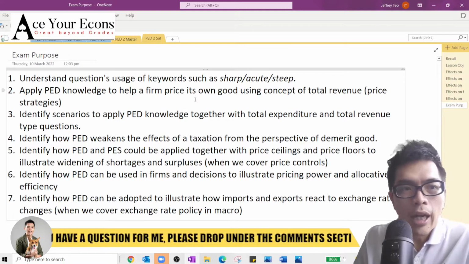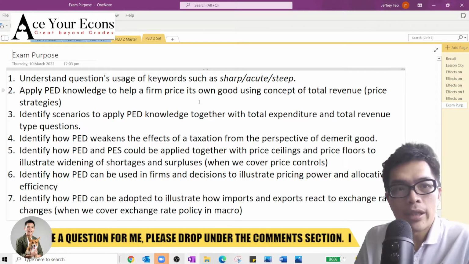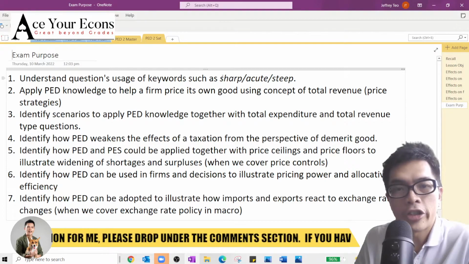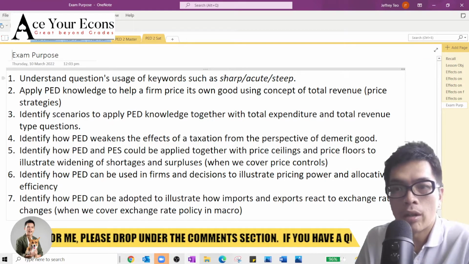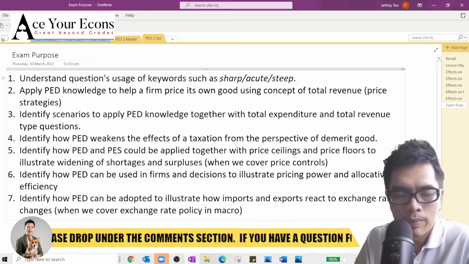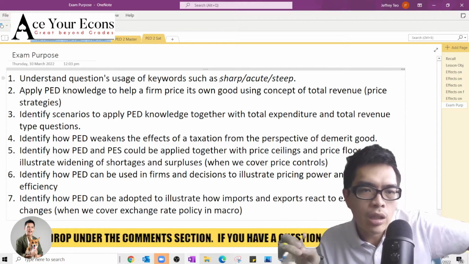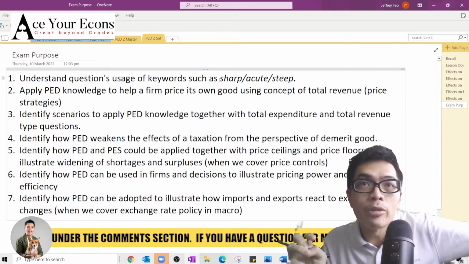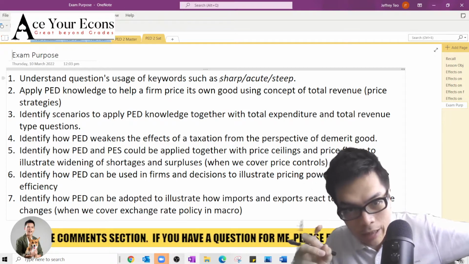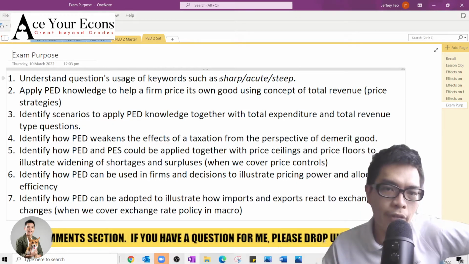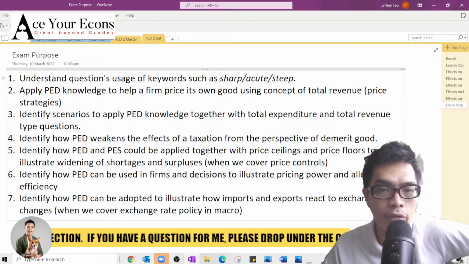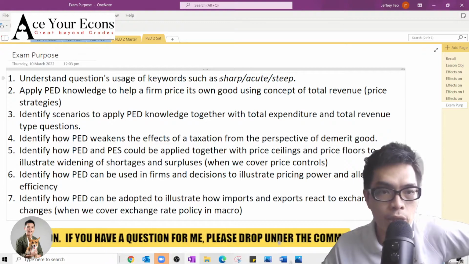So with this, I'm going to quickly sum up how exams can be tested. Last week we learned about price volatility with sharp, acute, and steep. I hope you guys still recall. If not, we recap on last week's practice. We learned about how a firm should price its goods. Pricing strategy: if a firm experiences a good that's sufficiently price demand inelastic, they should raise price in order to maximize total revenue. If it's price elastic, they should lower price.